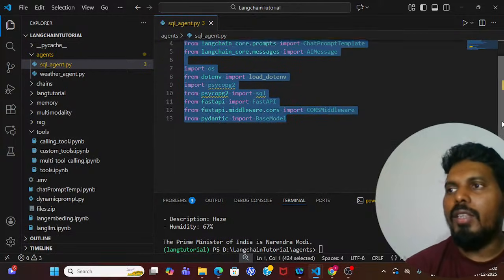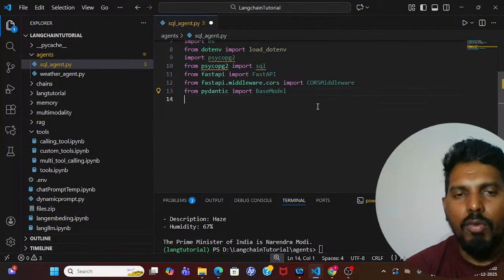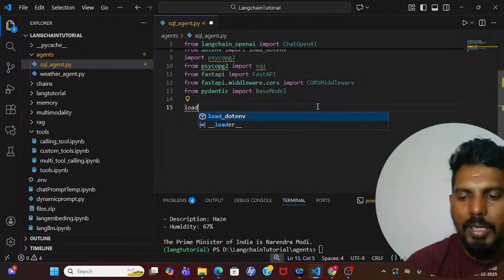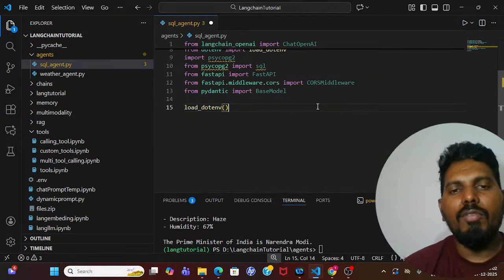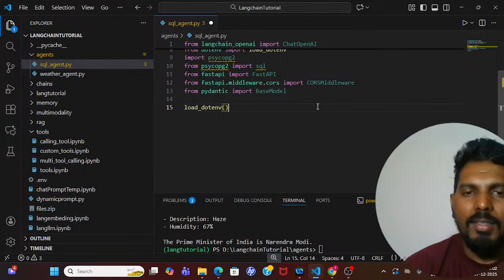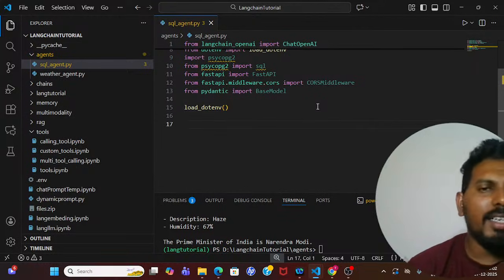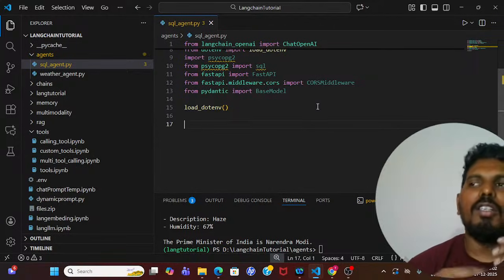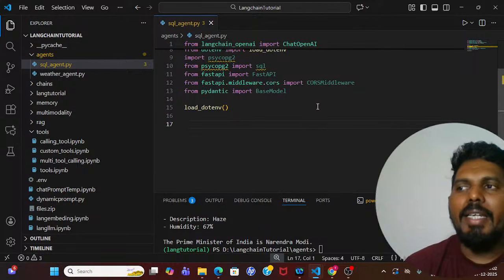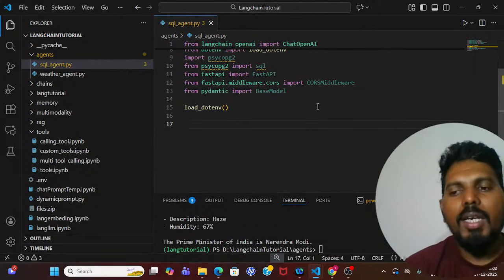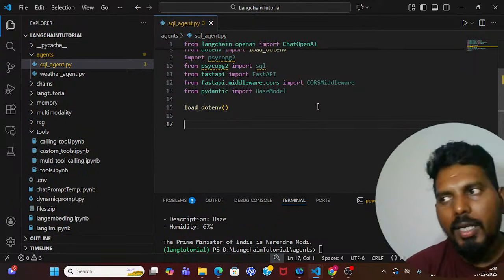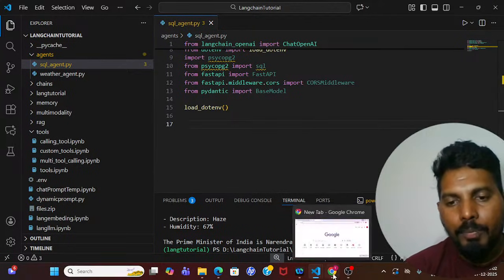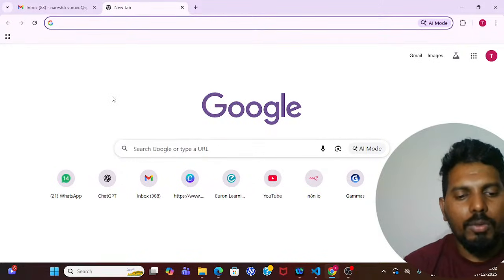All right. So with this, first we need to load our environment file. So let me do that first. Our env file will be loaded. Once this is done, I can create a model, I can create a tool. But before creating the model and the tool, what I need is my PostgreSQL connection string. For that, I'll quickly go to